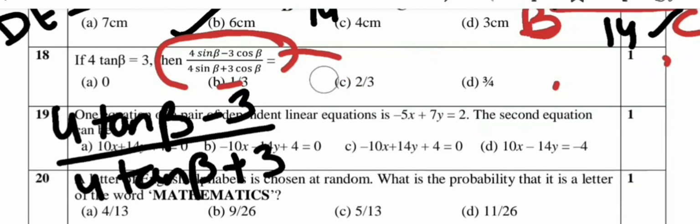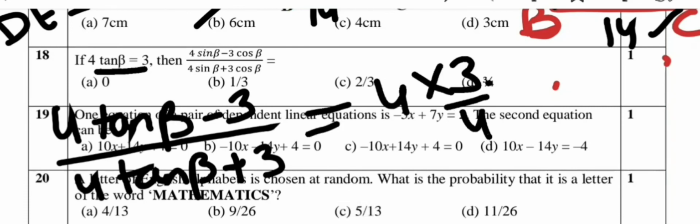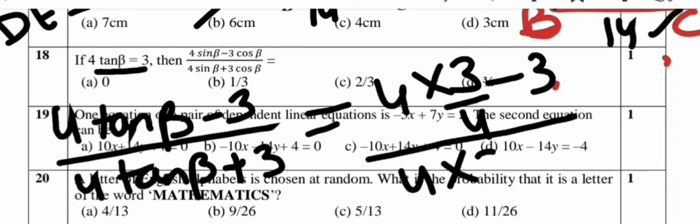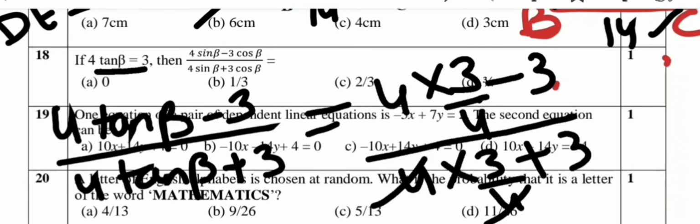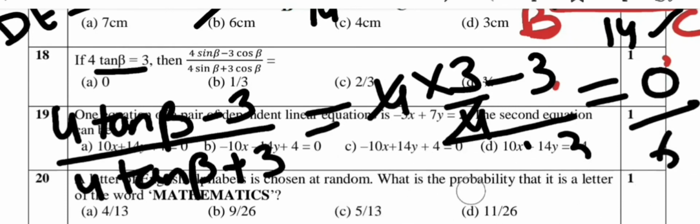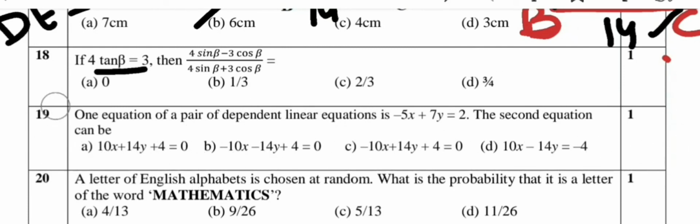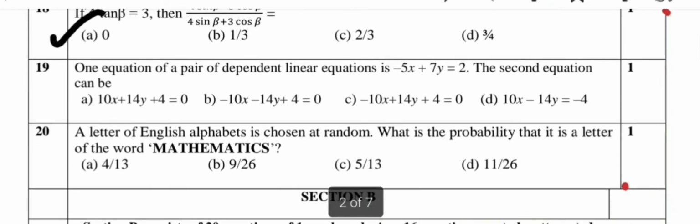Now we know tan beta value is 3 by 4. So we will put the value in this. Now this thing I am erasing as there is no space to write. So we can put the value of tan beta in this expression now. From here we know tan beta is 3 by 4. So we will put its value: 4 into 3 by 4 minus 3 upon 4 into 3 by 4 plus 3. Now 4 will cancel. So in the numerator we have 3 minus 3, 0, upon 3 plus 3, 6. So the answer will be 0. So in this also we are getting answer 0. That is, option A is the correct option.